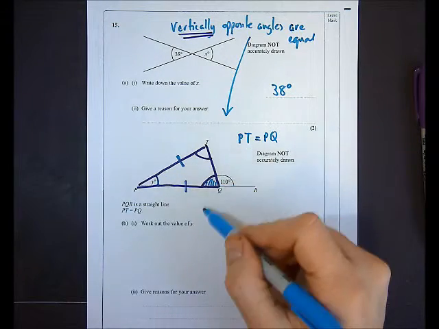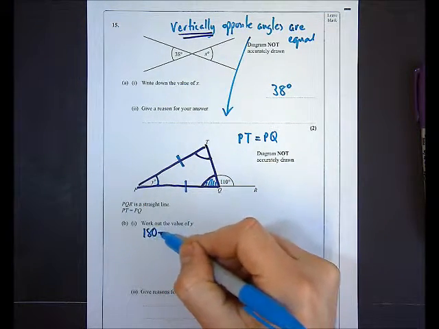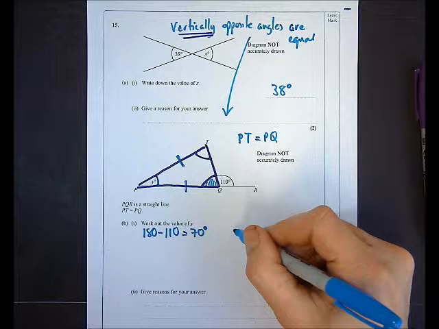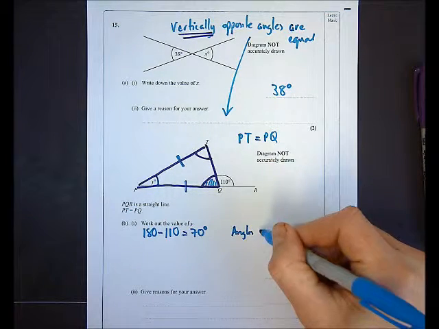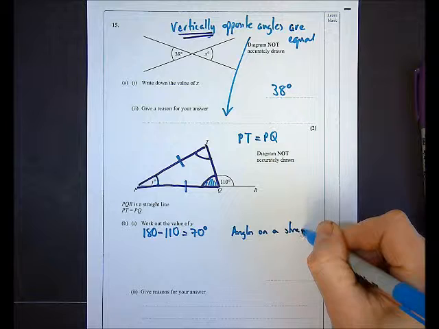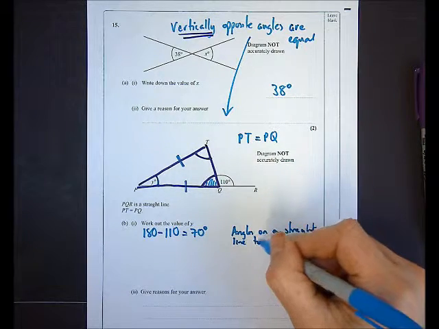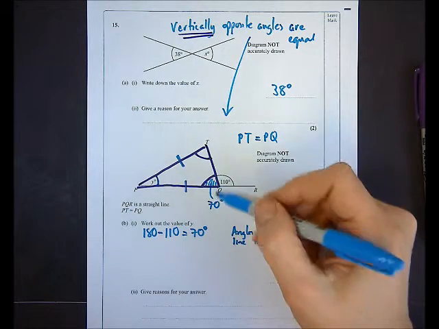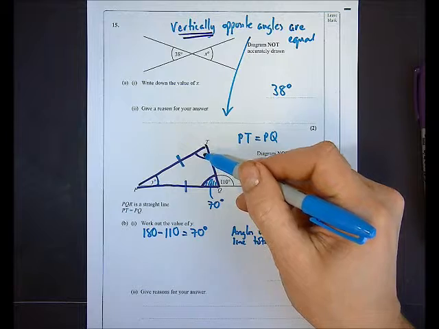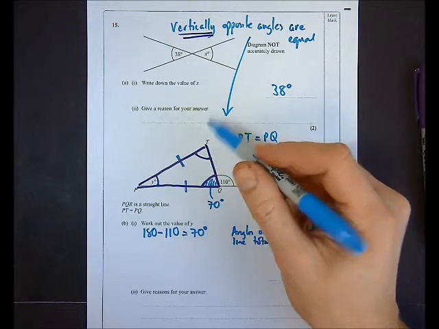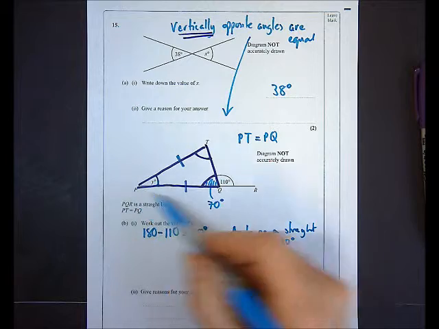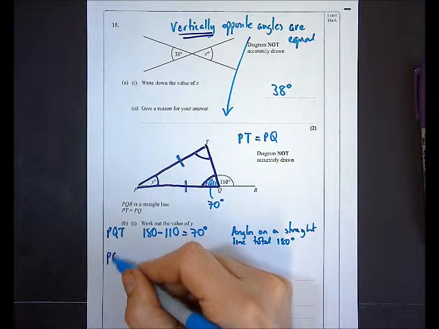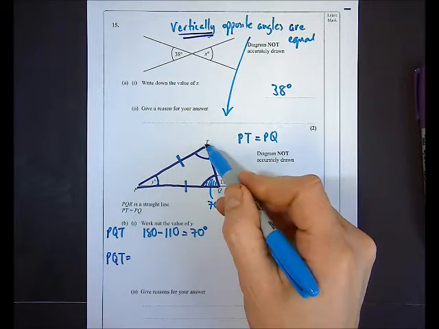And I can see that that angle there is going to be 180 take away 110, which is 70 degrees. And the reason for that, which it's going to ask me later on, is that the angles on a straight line add up to 180. Okay, so I now know that this is 70 degrees. From what I said previously, this angle and this angle are the same size. So I need to be able to tell them that, so I'm going to label the angles properly. Here I worked out PQT, so I'm going to call that angle PQT. And now I'm going to say that PQT is equal to PTQ,